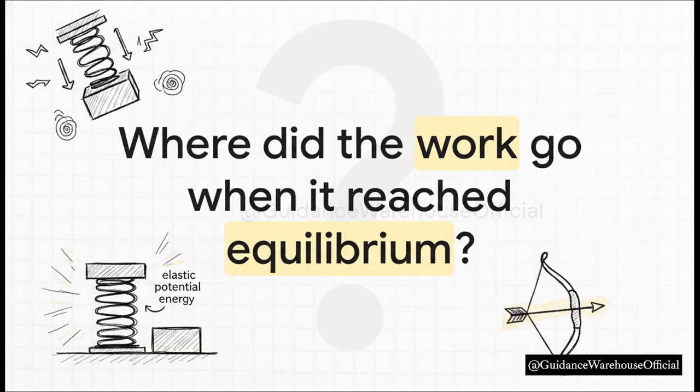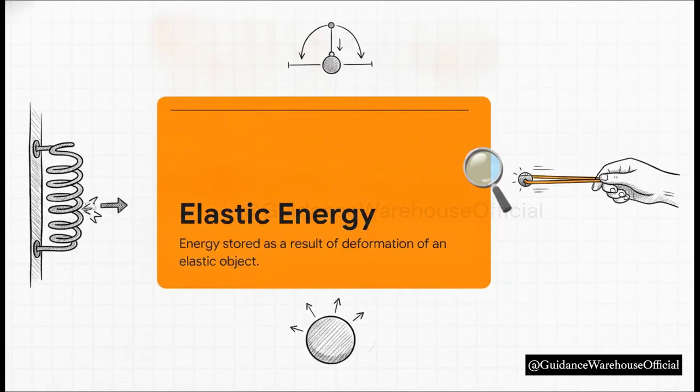If you push down hard on a spring and it just sits there compressed, you've expended energy. Did that energy just vanish into thin air? Not at all. Assuming we aren't losing energy to things like sound or thermal heat, all of that work you just did is secretly stored directly inside the object. We call this elastic potential energy. It's essentially trapped motion, just waiting to be